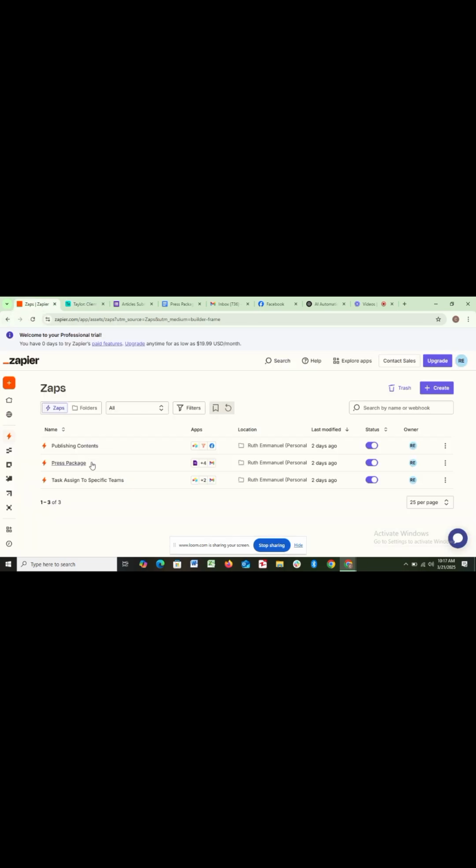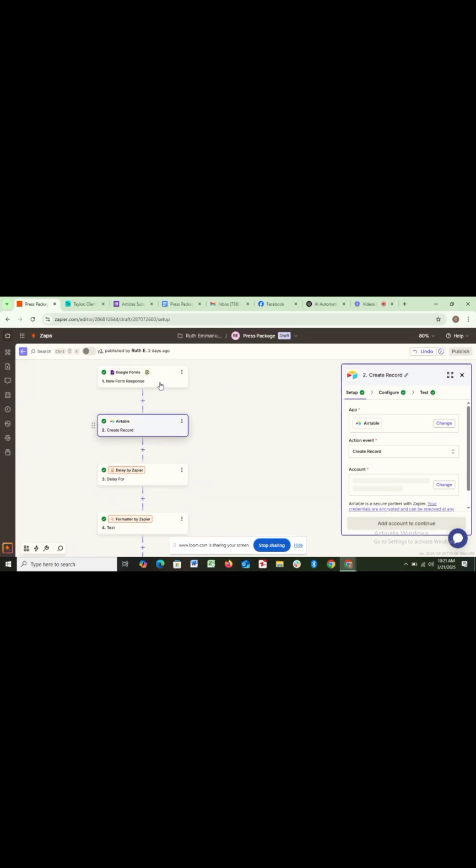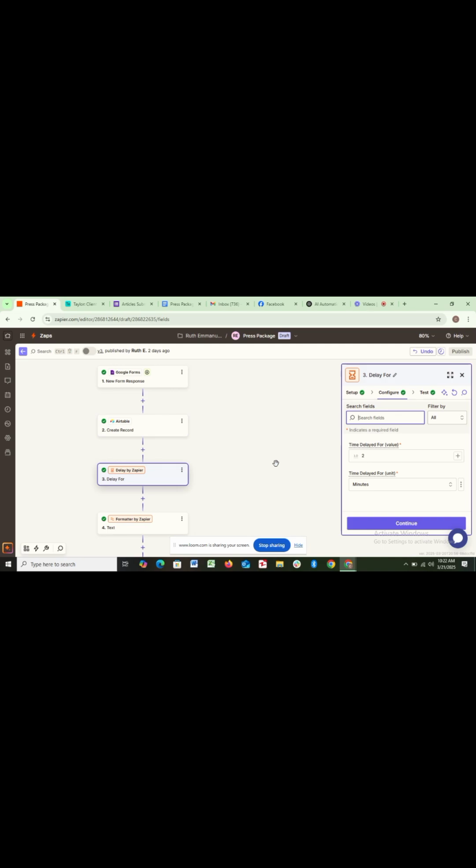Let me walk us through Zapier, what we did. I created a Zap. This is our press package app. For our Google Forms, upon form submission, a new record will be created in our Airtable. Coming to our Delay by Zapier, once the new record is being created in Airtable, I made Delay by Zapier to be for 2 minutes. So there will be a delay for 2 minutes before the welcome package and the welcome email will be sent